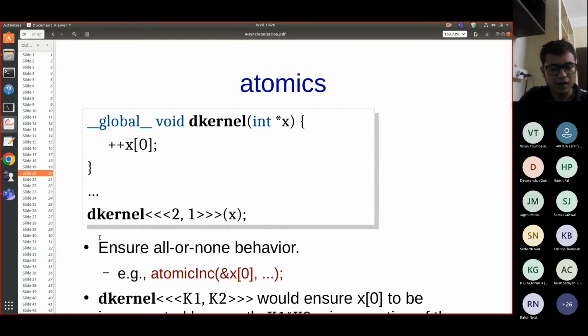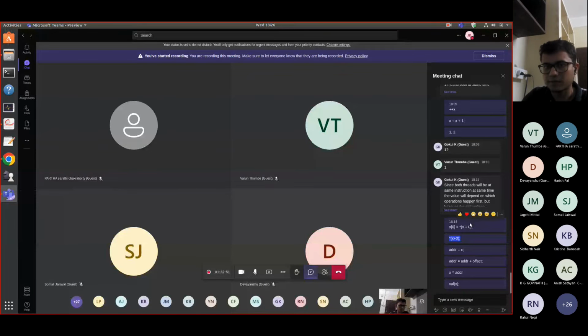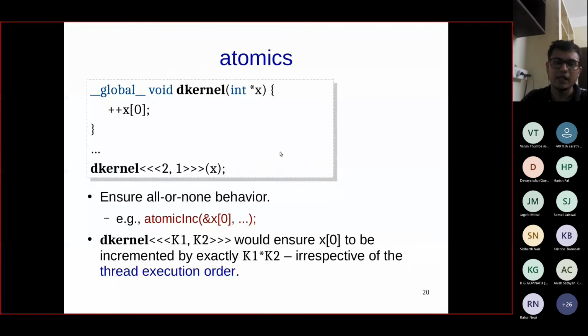If there are any questions, then quickly please post them on the chat. Any questions up till this point? Okay, so we have seen this atomic increment briefly here, but probably we'll also revisit this in the later slides